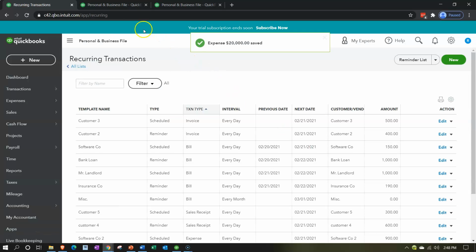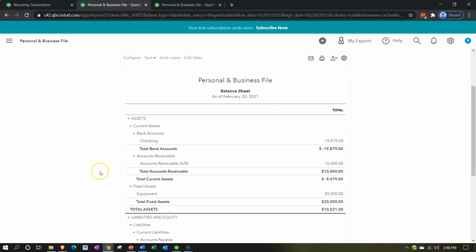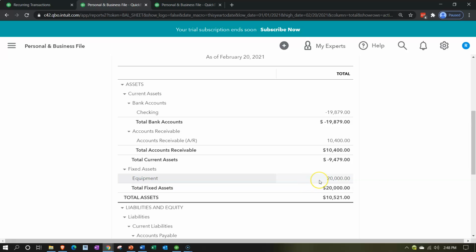Check it out. Let's go back to the balance sheet and refresh it. And hold down Control, scroll up just a bit. We then see our 20,000 in equipment down here. So now what we want to do is record the depreciation for it and try to standardize the process of the depreciation. To do that, we will estimate that the depreciation will be, let's say, a straight line depreciation for